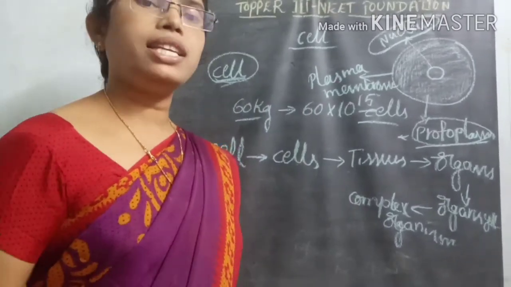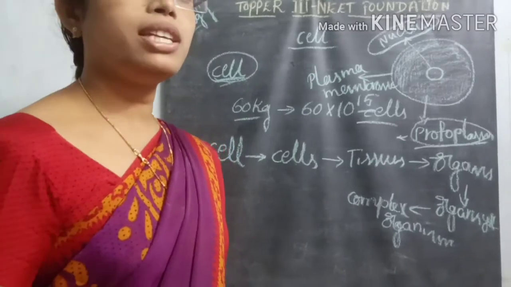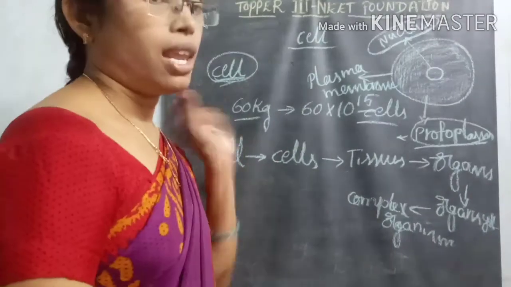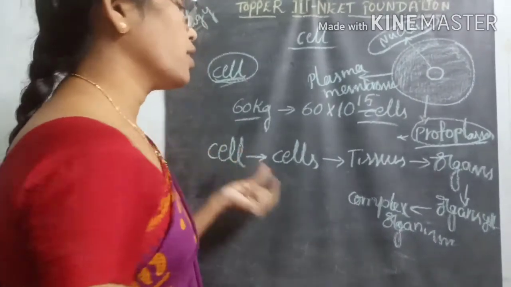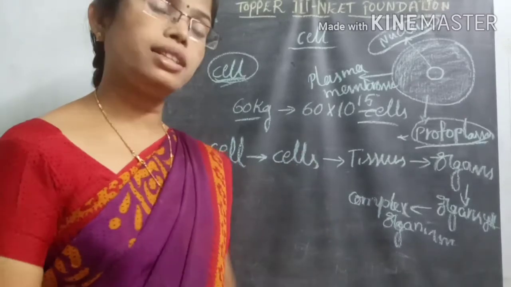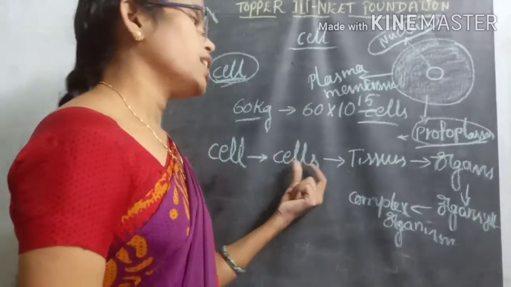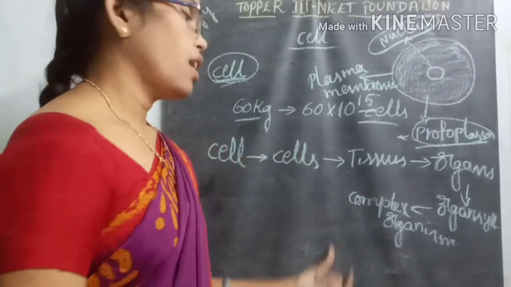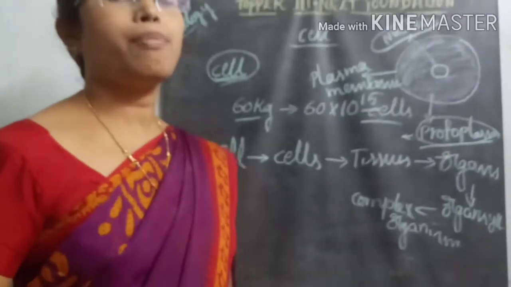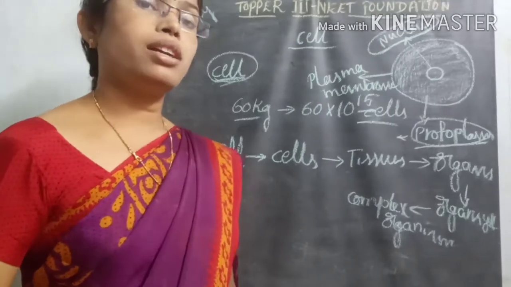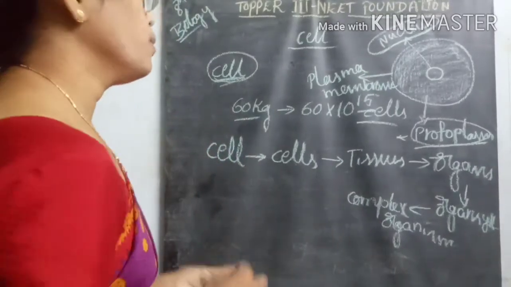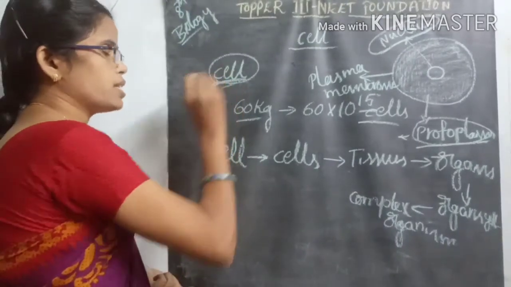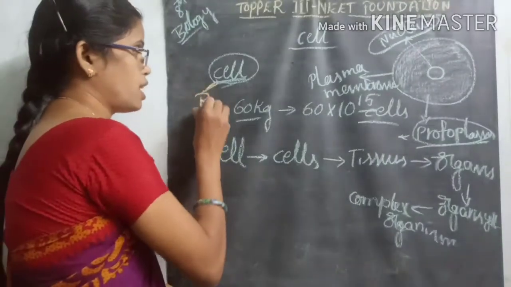So basically every organism's body is made of cells. Some of the cells undergo a complex organization, and they form tissues, organ systems, and finally a complete organism. So, coming to how the discovery of the cell took place: the discovery of the cell